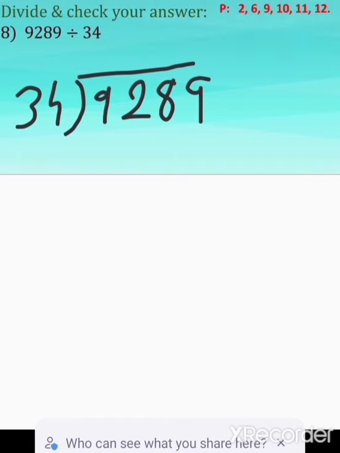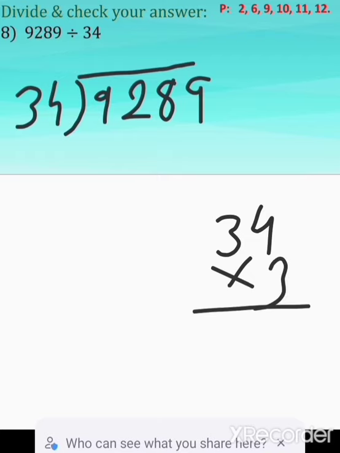So if I have to divide 9289 by 34, I'll go for the multiplication method. See, 9 is less than 34, I'll take whole 92. Again, I have to use my brain. See, 34. Suppose it is 30, not 34. Then double of 30 will be 60 and triple of 30 will be 90. So if I go for 3s, what number am I going to get? 3 4s are 12, 3 3s are 9 plus 1, 10. It is more than 92. So I'll go for 2s.